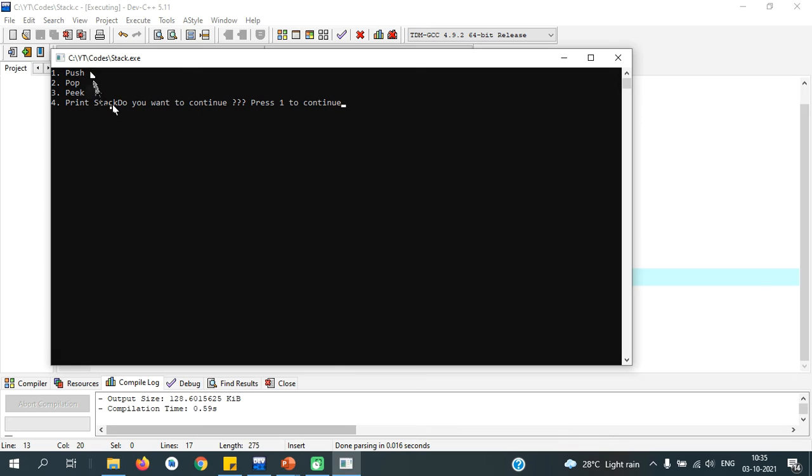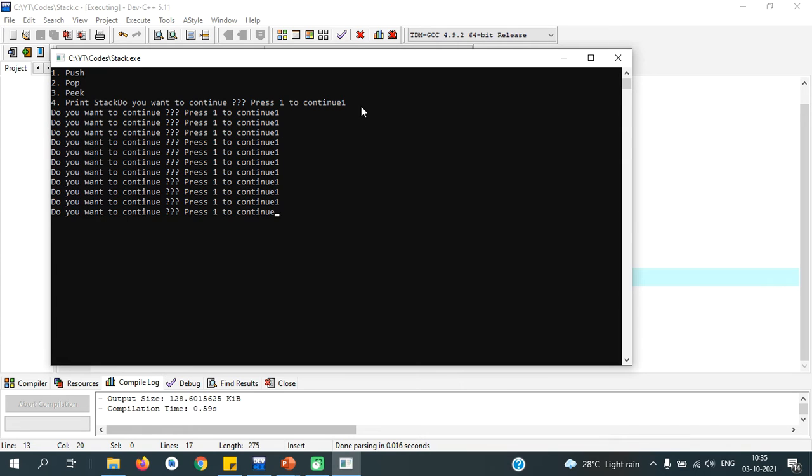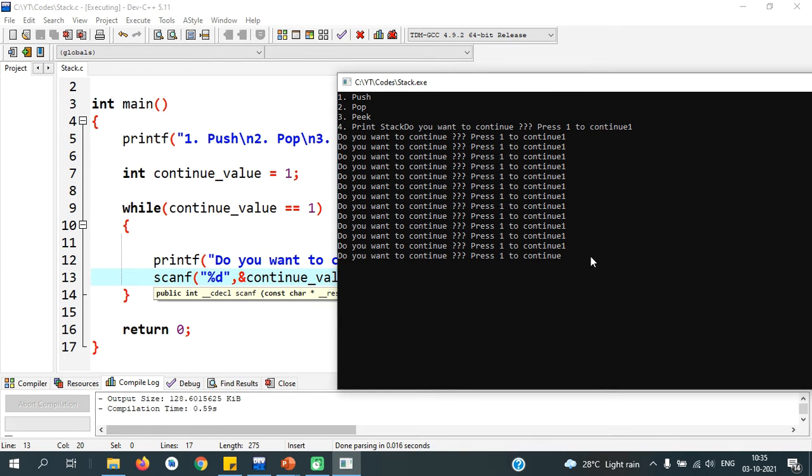Right? So push, pop, peek and print stack. It is asking us whether we want to continue. Press 1 to continue. We will press 1. It will again ask to press 1. If I keep on pressing 1, it will keep on executing this while loop. Only if I press a value other than 1, it will stop executing the loop and come out of the loop.